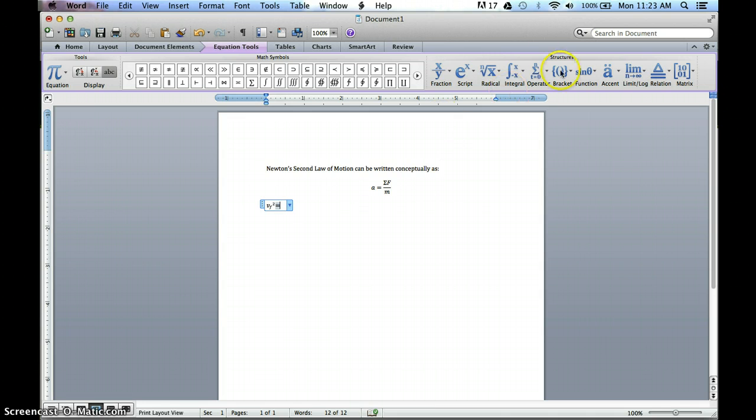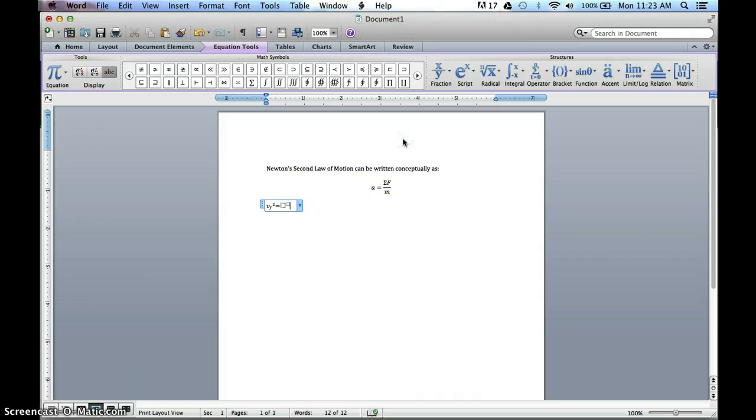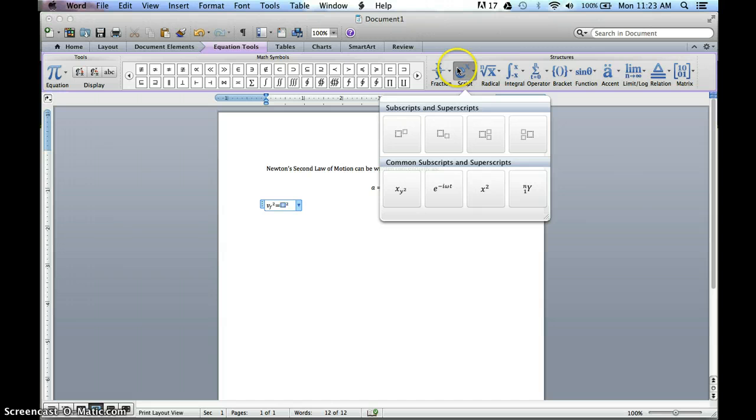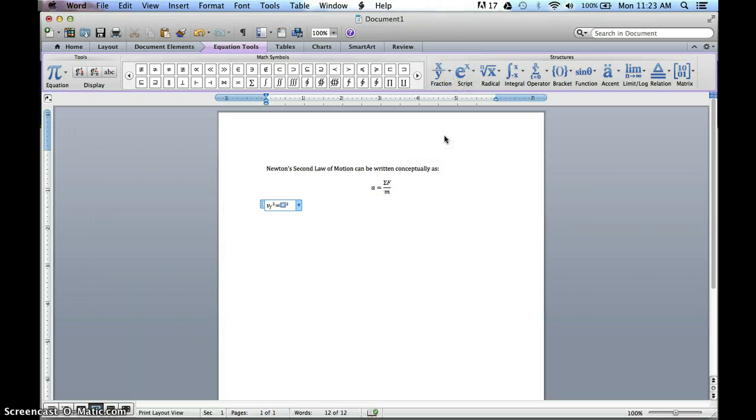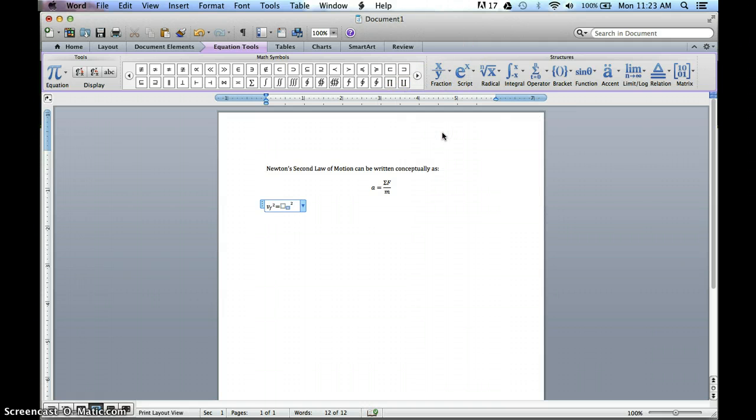Equals, and I want the initial velocity squared. The big one, again, kind of like your order of operations. Okay, the big one here, this should be initial velocity. You have to choose the thing you want first, and then you can go back and fill it in. Come on, mister. There we go. Initial velocity squared plus,